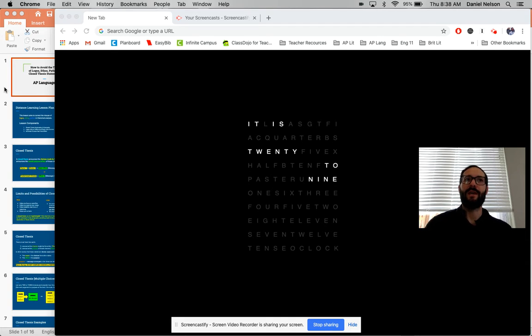We don't want to say that an author has tone because, of course, they have a tone. All authors, all writers have tone when they write. In the same way, we don't want to say that all authors use ethos, pathos, and logos because that's true. We want to identify what they are doing with that appeal. Why are they appealing to someone's sense of patriotism? What's the effect of that, and why would they do that?